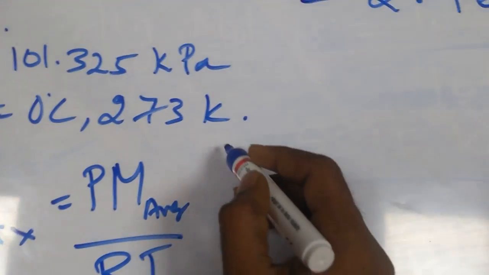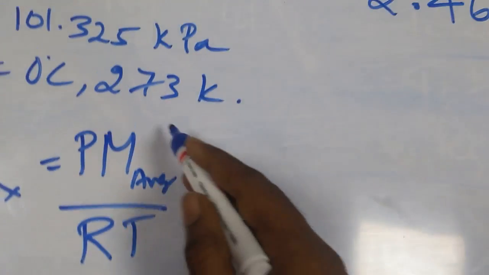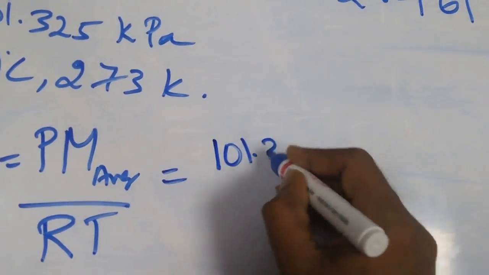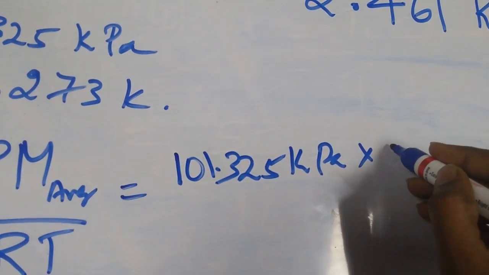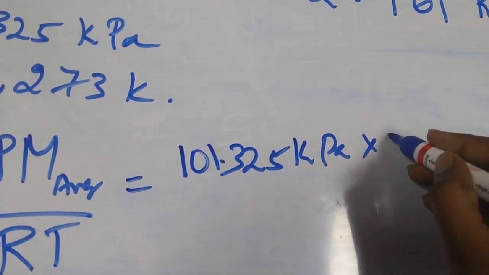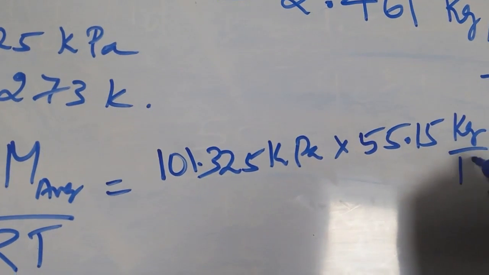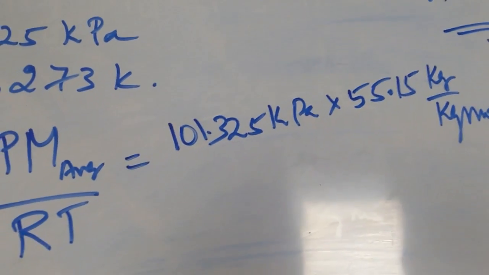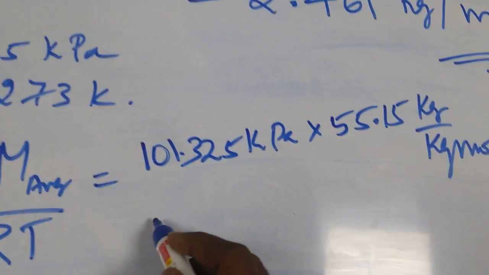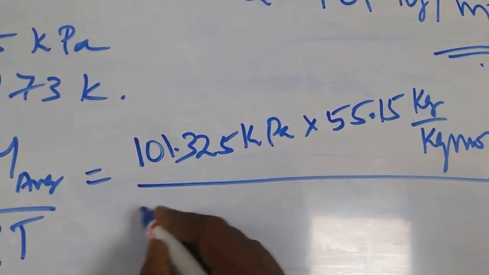What is PM by RT? Pressure is 101.325 kilopascal multiplied by M average, which is 55.15 kg per kg mole, right? So divided by